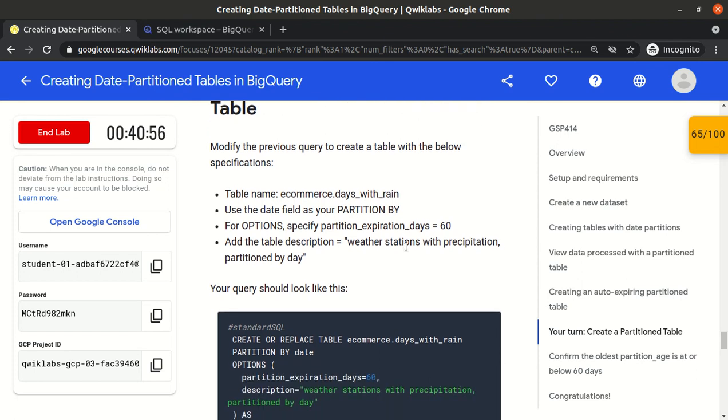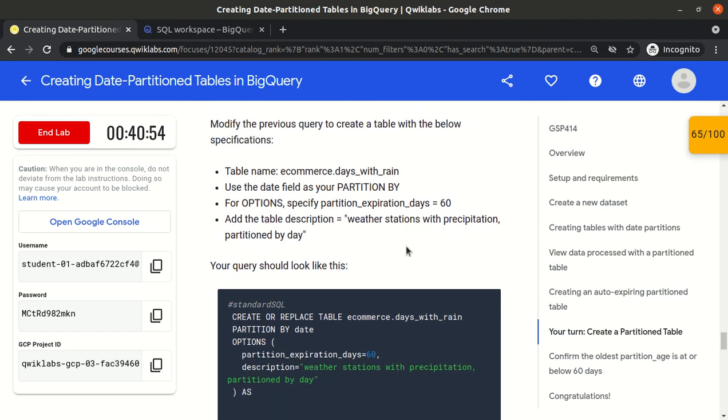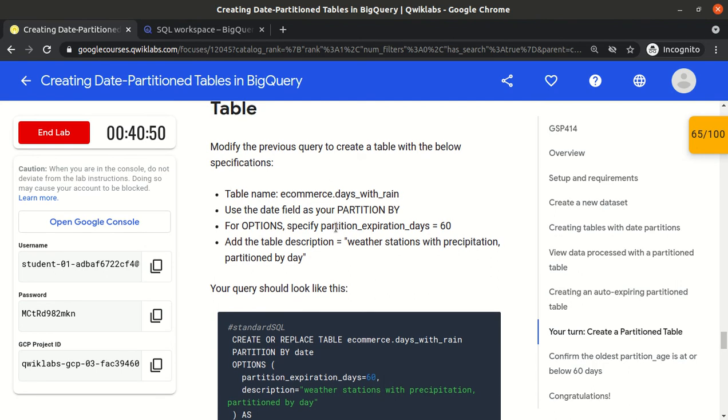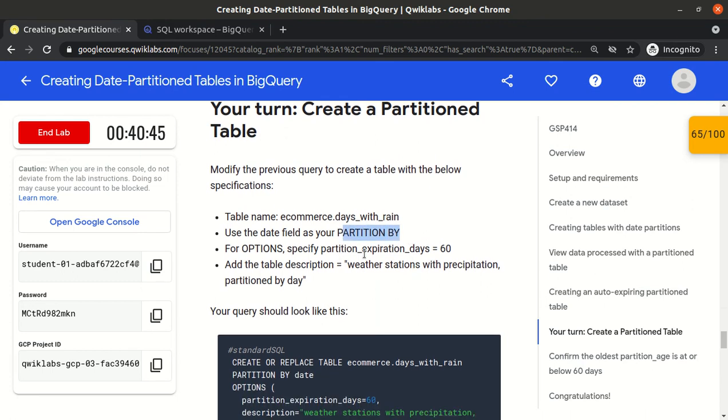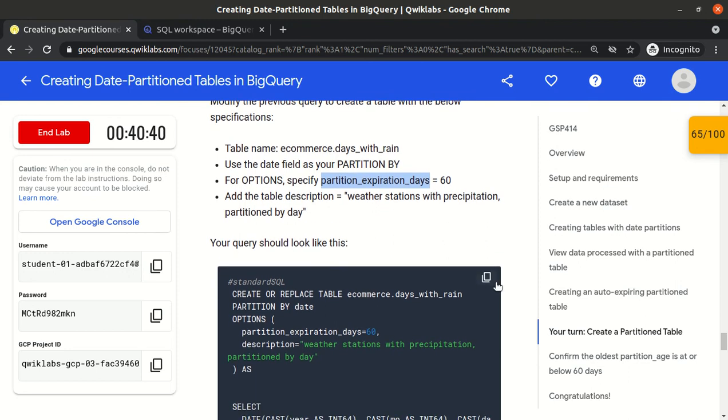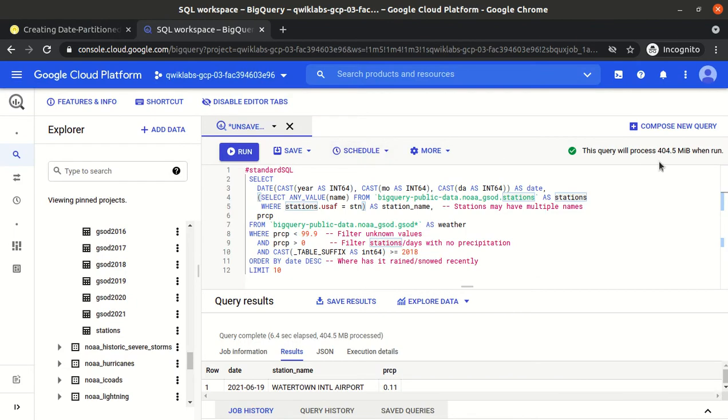The rest of the query is the same, but as we need to create a partition table, we will mention a partition by clause and the column, and we also need to set the expiry of 60 days. This is just an option we will mention. This query on the non-partition table is processing 404 MB of data.